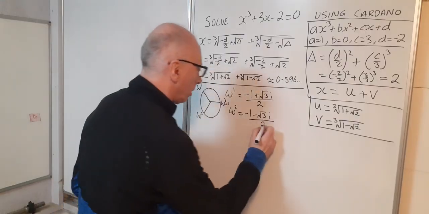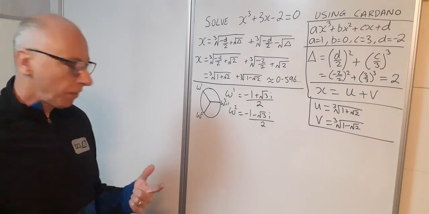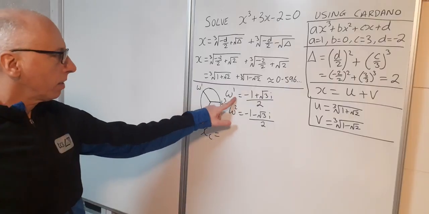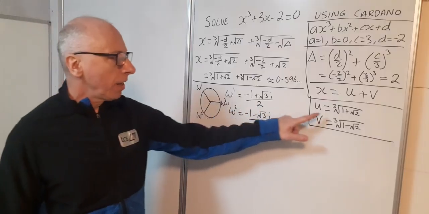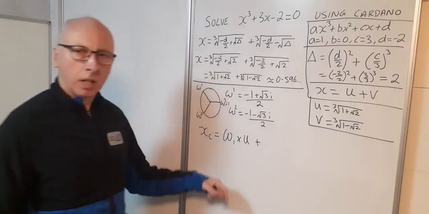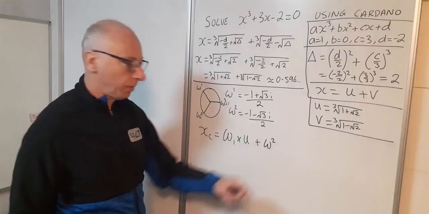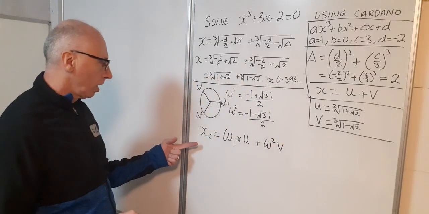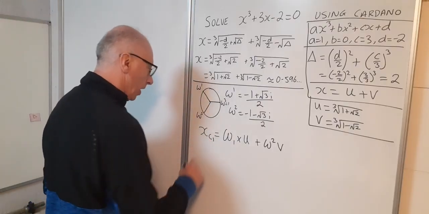So these are going to be useful now to find my complex solution. So if I find my first complex solution, what I want to do is take this omega to the power of 1, and I'll multiply that by u. And then I'm going to add to that my omega squared, and multiply that by v. Okay, and then for my complex conjugate of this, that will give me my other solution. So xc1 can equal this, and then xc2